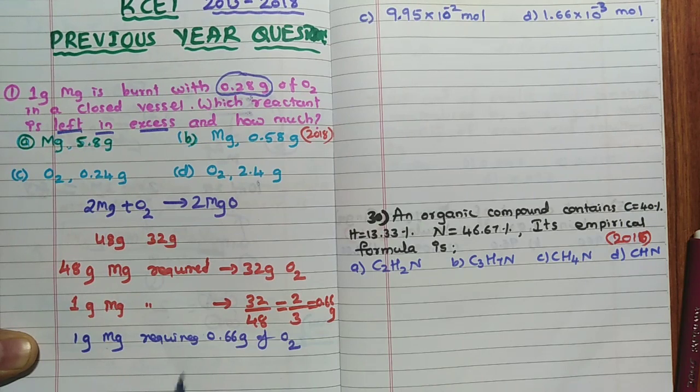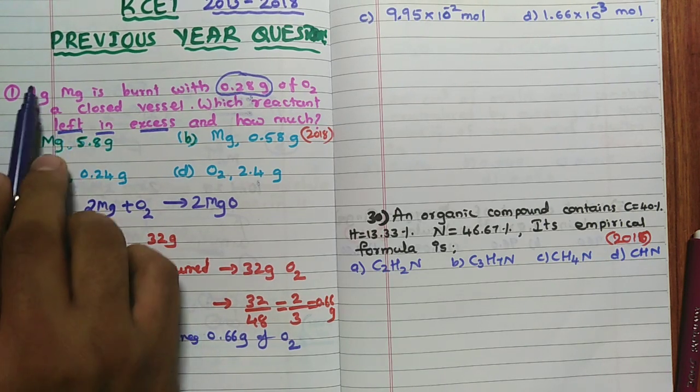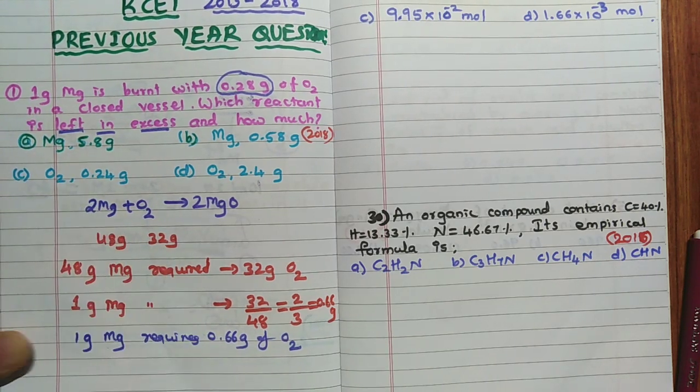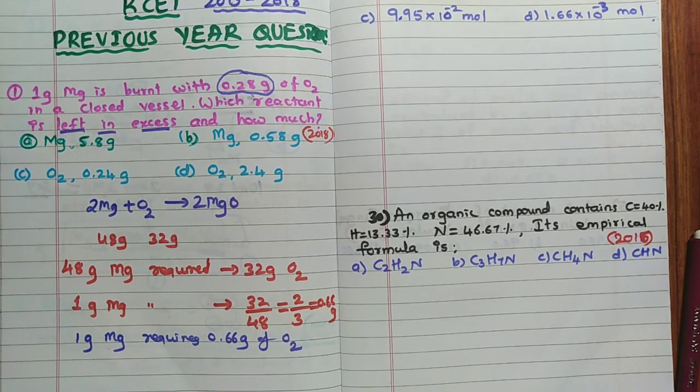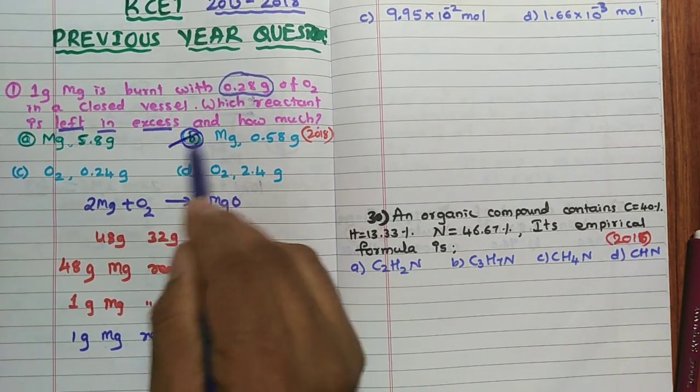Then, as a shortcut, it is not necessary to calculate further how much is left. It is common sense. See, they have given 1 gram. Then definitely it will never be the option. They have given 1 gram, and left out is 5.8 gram? How is it possible? Will you bring this magnesium from your house? No, right? So remember, 1 gram means this should be the answer. So the answer for this question is B.